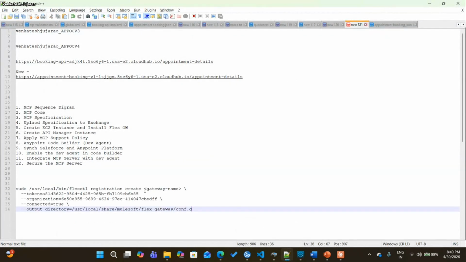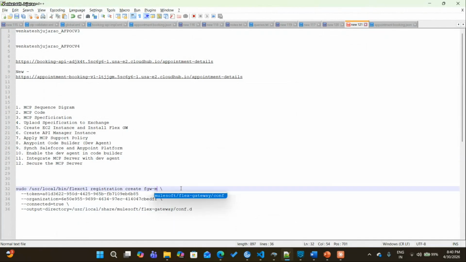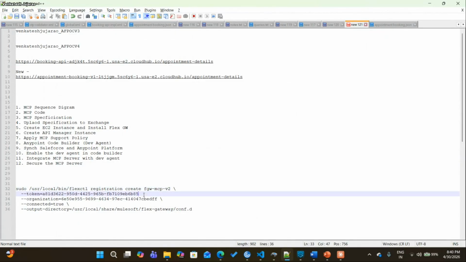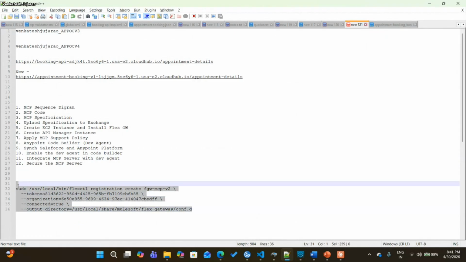The first change, the gateway name I have to give. Let's say Flex Gateway MCP v2. Okay, and there is one more thing here, as it's spanning across 2 lines, right? So I'll just add a slash. Earlier it was not an issue, but recently I guess the slash was missing here. I'll just quickly copy this,